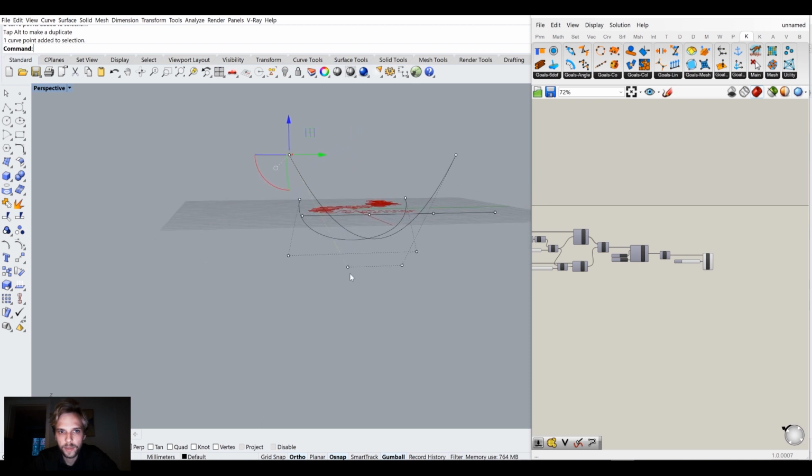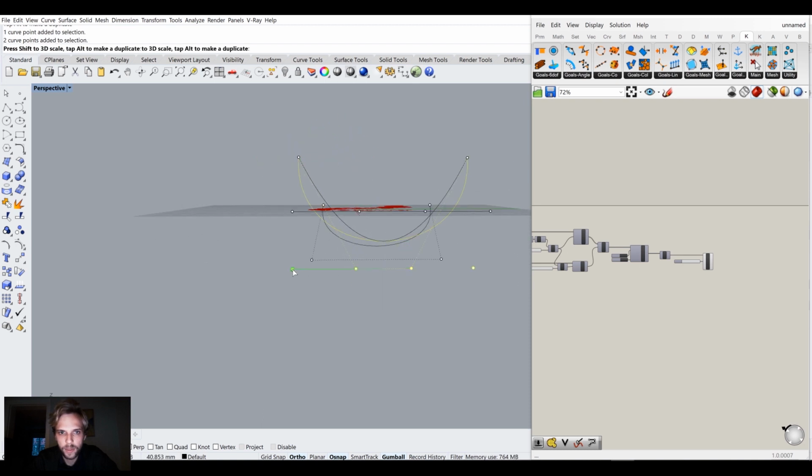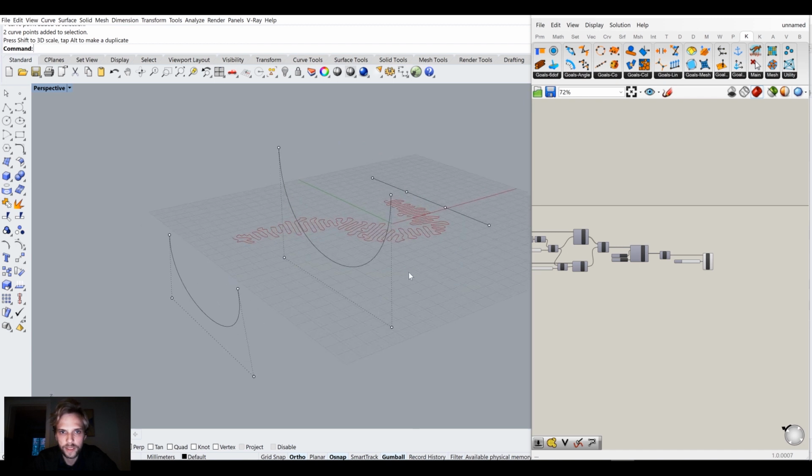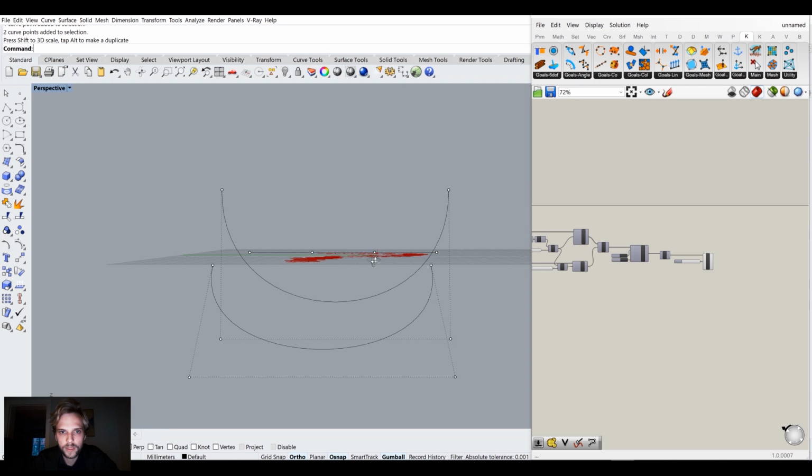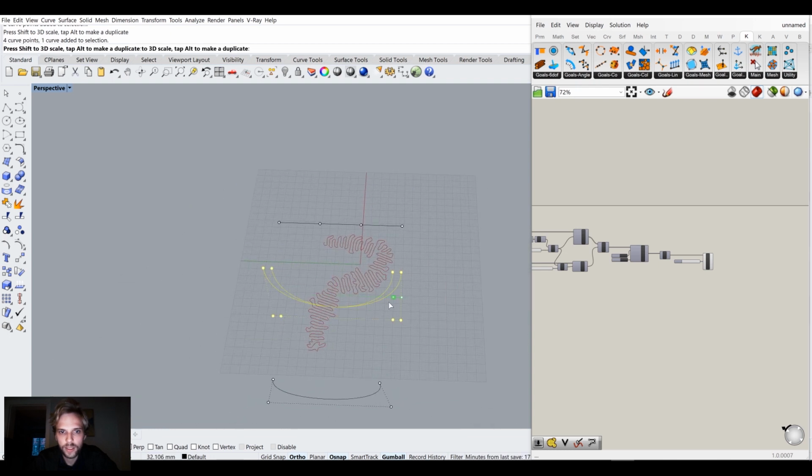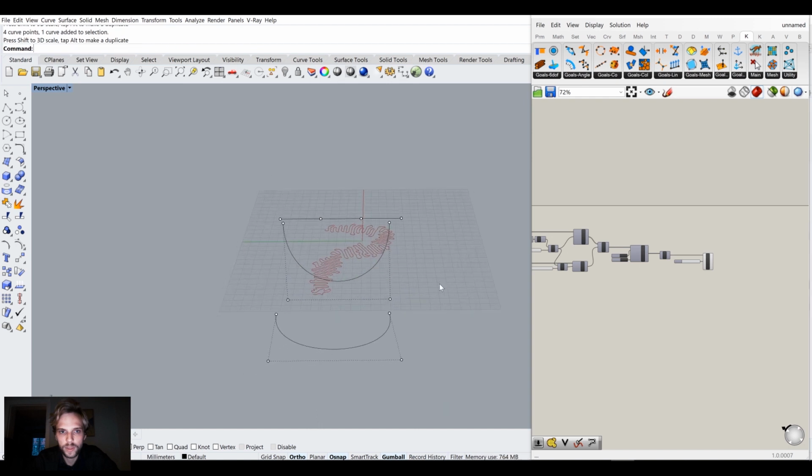And should they be? No, these 2 should be wider. I'm just creating sections for a loft. So that's a small one, that's a big one. So maybe this one can be a bit small as well. And this one should be,